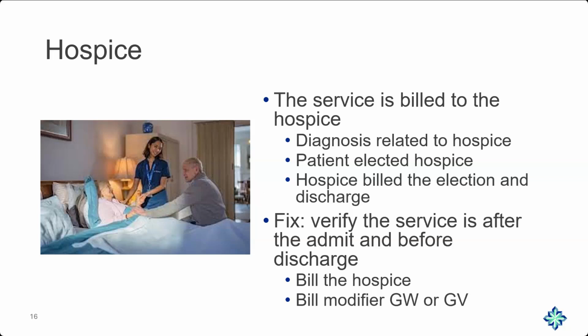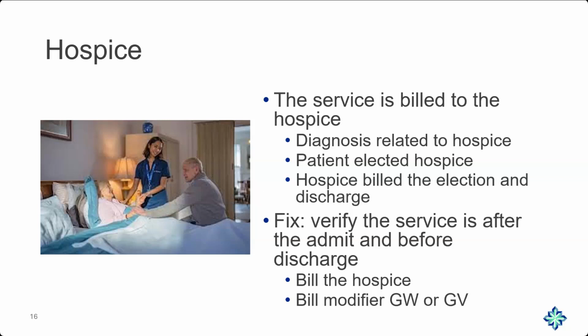Now, I did mention that there is a UB04 or 837I. Here you need to make sure that you have the correct condition codes on there. D1 is an adjustment for a condition code that doesn't apply, so there's no covered charge. We should reject the claim for home health, hospice, or HMO and other overlap reasons that have been updated. Sometimes that happens, right? We take money back, but you need to do a claim to say, hey, keep this in there, keep tracking the benefit period, keep doing this, only we don't expect to get paid because it should go to the hospice to be paid. That's one that you would want to use.